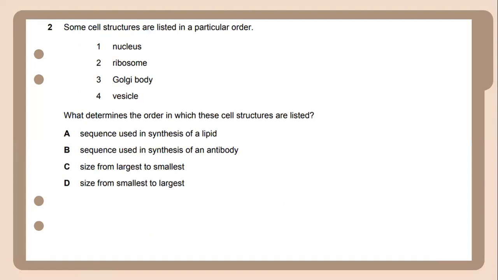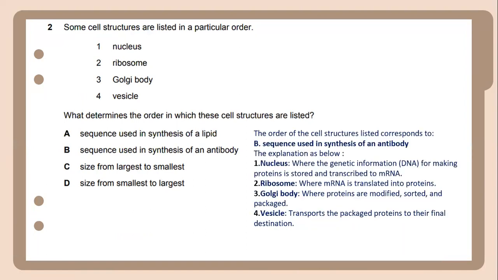Some cell structures are listed in a particular order: nucleus, ribosome, Golgi body, vesicles. What determines the order in which these cell structures are listed? The order of the cell structures listed corresponds to the sequence used in the synthesis of an antibody. These can be explained